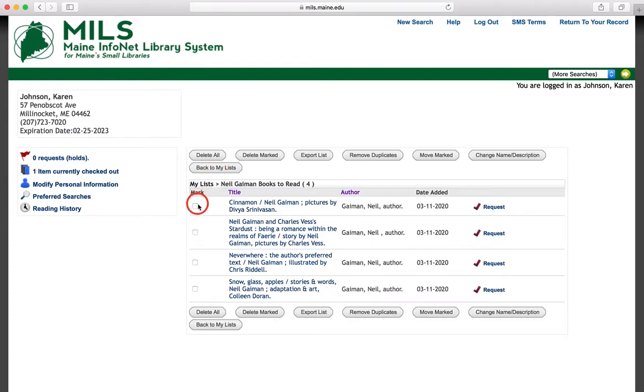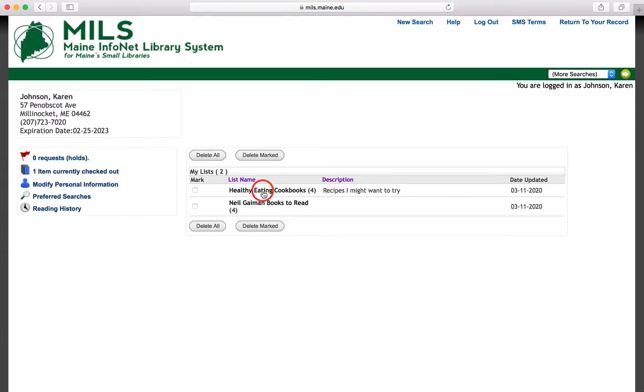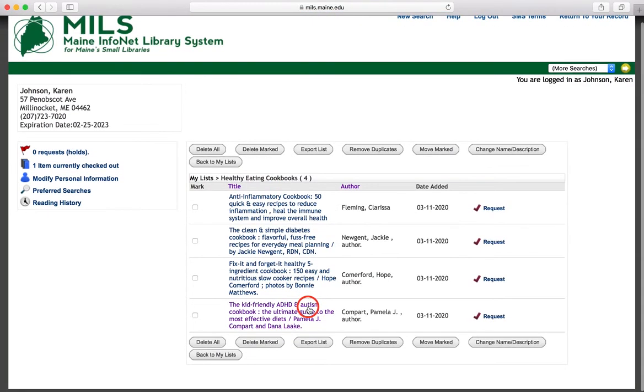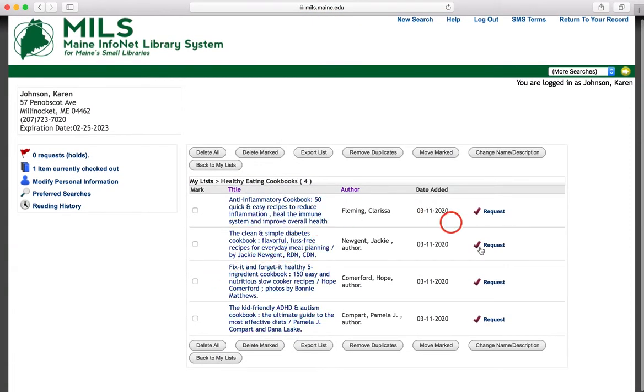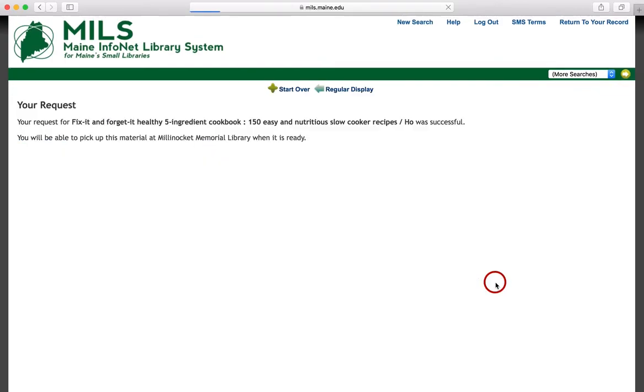I can delete things from my lists kind of similarly to deleting holds or deleting reading history. You just select it and then click delete marked. And similarly, you can also export this list to your email or to the local disk. Back to my list so you can see the other one. So if I wanted to just automatically request one of those, I can just click on this little check mark